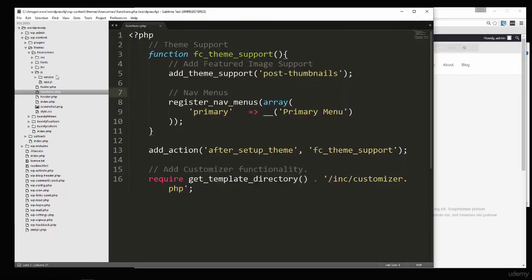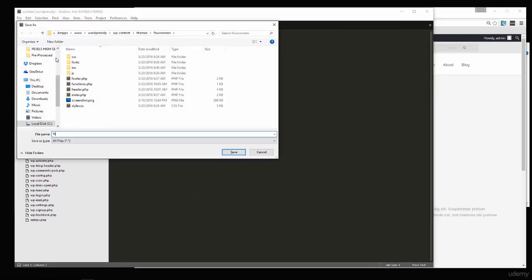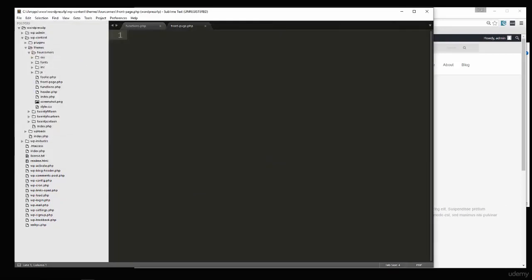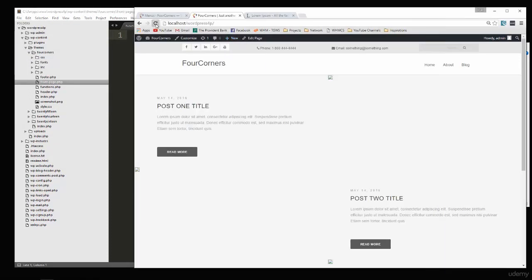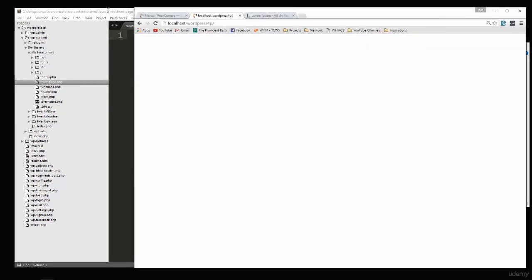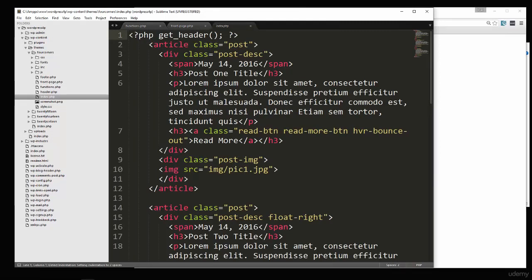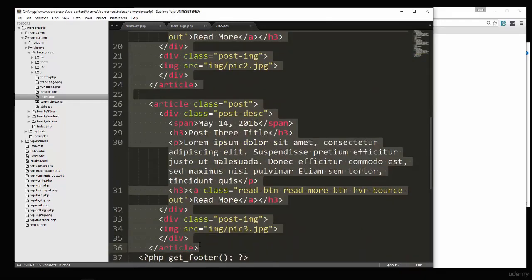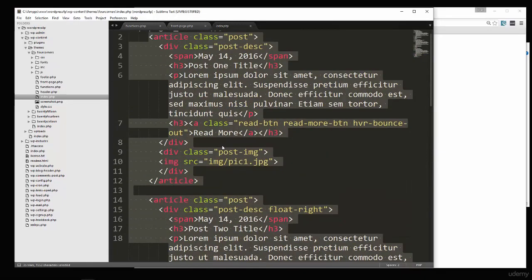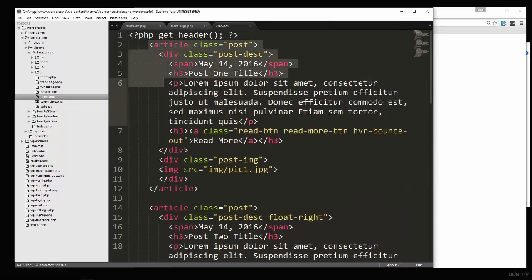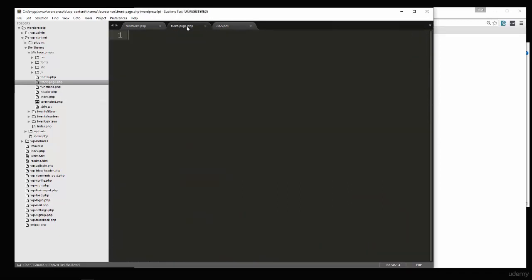Okay, so what we'll do is we're going to have a custom home page, so we're going to create a new file and save it as front-page.php. Okay, if we go and reload, we get a blank page because it's looking at this file. So what we'll do is let's go to index.php and grab everything. Let's see, yeah, well, you know what, we only need one of these, so let's just grab this article or post,